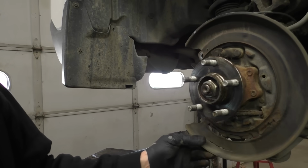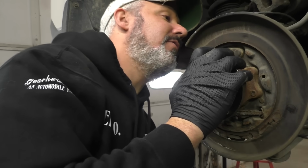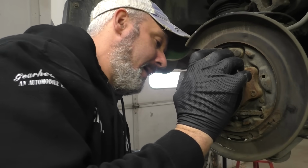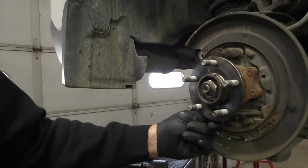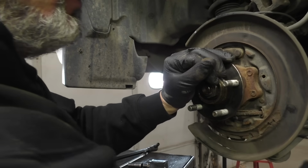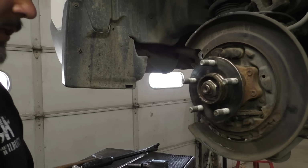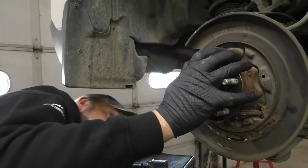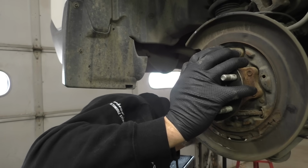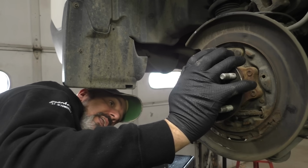Backing plate on this side's smoked too. So we'll use one of our backing plates, use some of our jiggly bits we got from the junkyard. And good news is we have a cable here. That's good, because I did not get a cable because I thought it felt like cable moves. It was just nothing there. Let's grab a whatever size socket that is, 30 or 32. We'll grab us a 14 swivelly for the inside. And then I think,